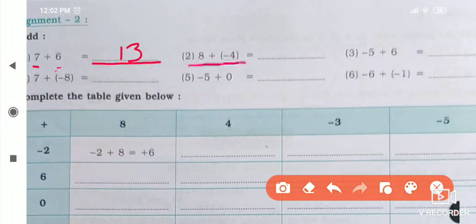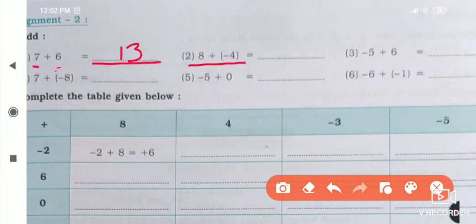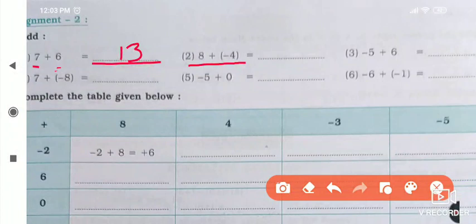Okay, so here you write the positive sign, and even if you do not write the positive sign, your answer is still correct. The next question is 8 plus minus 4. So here, without looking at the sign, what do we have to do? First of all, 8, and then plus into minus, so from 8 we have to subtract 4. Here the signs are different: 8 is positive and 4 is negative. So bigger number minus smaller number. Which is the bigger here? 8, and 8 minus 4, its answer is 4.